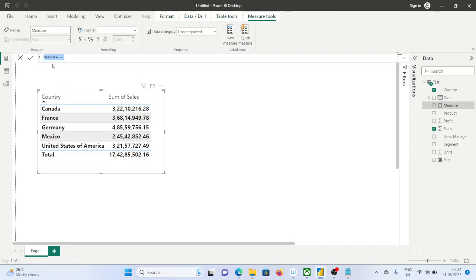Click on new measure. I'll name it Sales_2020. So guys, CALCULATE is a very important function. First it takes an expression. So what is that expression? The expression is